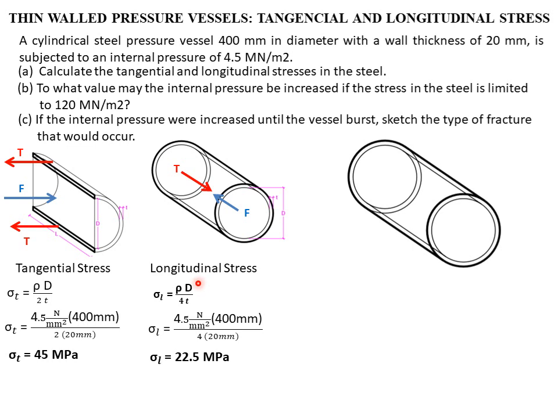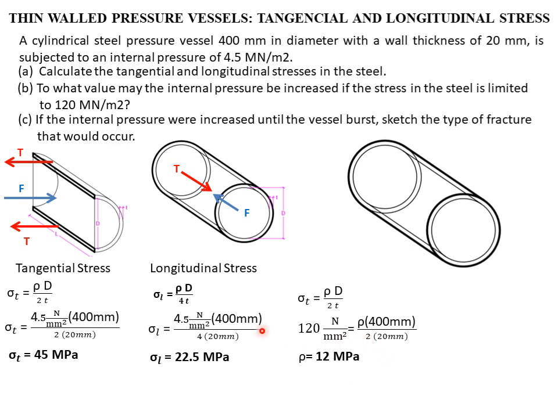As earlier mentioned, the critical is the tangential stress, so we will use this one. The tangential stress is equal to pressure times d over 2t, and the tangential stress is limited only to 120. The pressure is the unknown, multiplied by d, 400, divided by 2t. So the maximum pressure